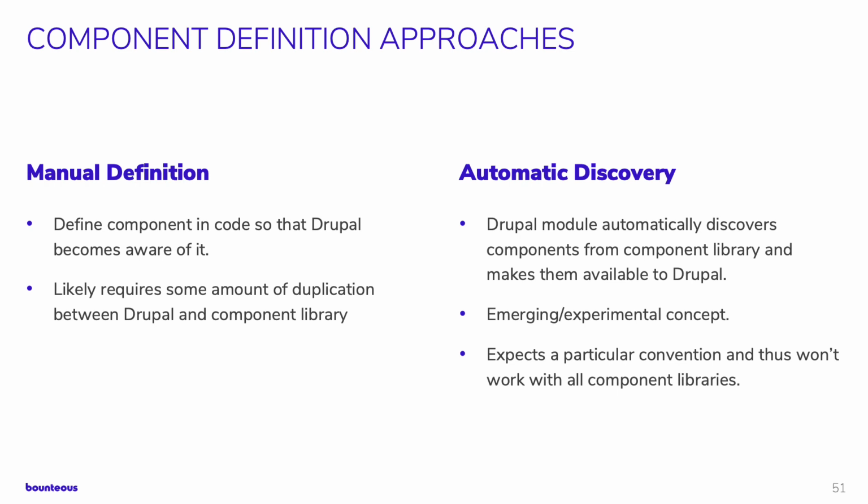them available to Drupal. So from the manual definition perspective, it often is going to require some amount of duplication between the things in Drupal and your component library. It might be a YAML file that has a lot of the same field definitions. It might be that presenter template that really just exists to stand in the middle and direct traffic. So automatic discovery has those advantages in that you don't necessarily have to be